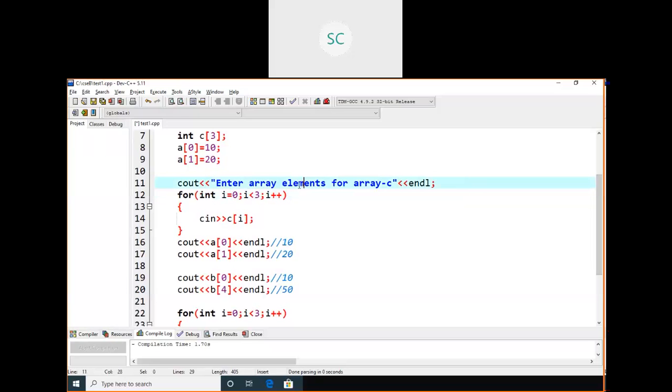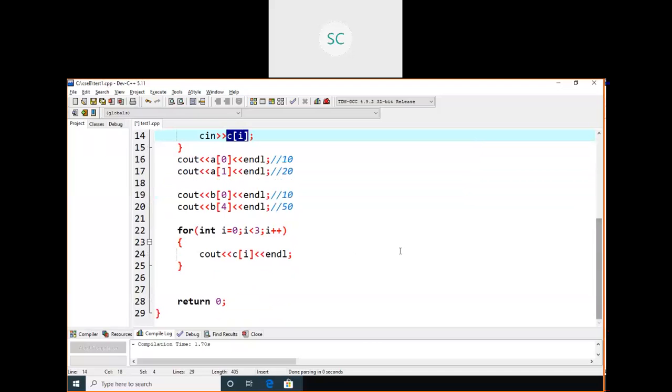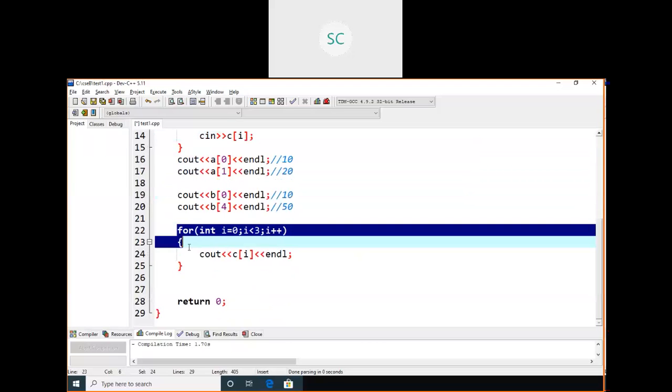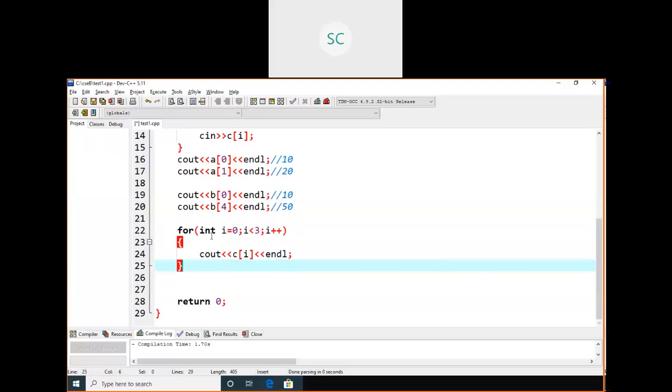If the user enters 3 numbers, those numbers I need to store in the array, right? For that I have taken one simple for loop. It is going to iterate 3 times. All the elements I am going to store within this C. In the same way I am going to print all the 3 elements in the output by using this for loop and cout statement.